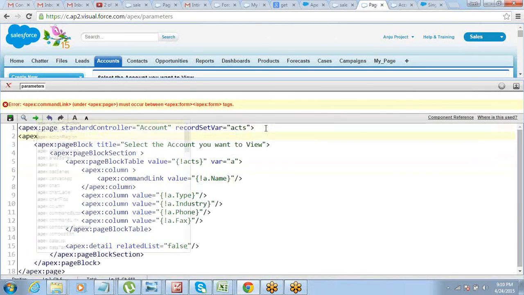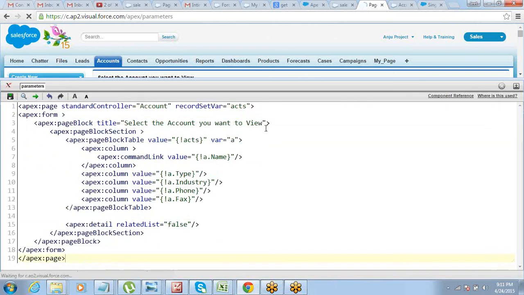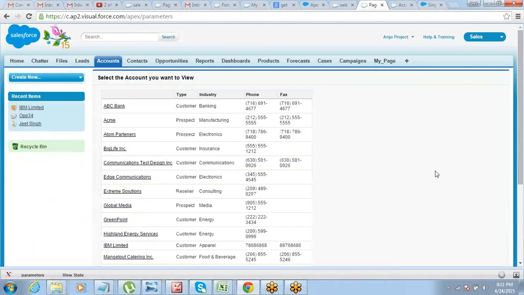Form tag is required. Okay, so I have converted the normal output text field into command links. Now at least I'm able to click on this.